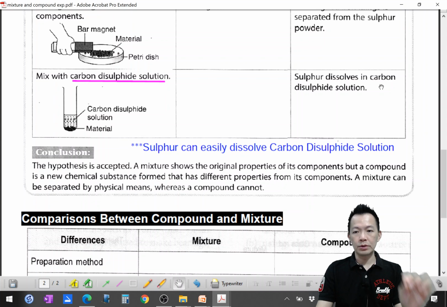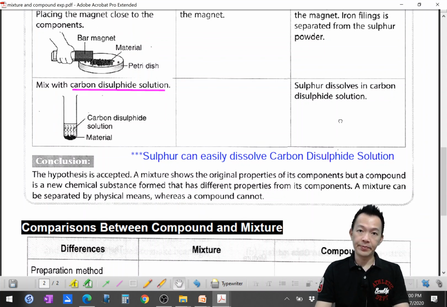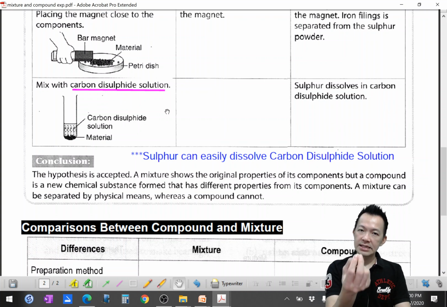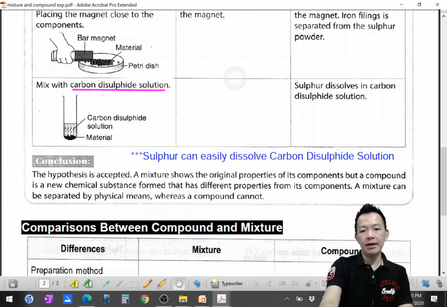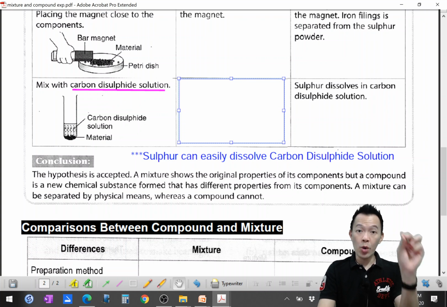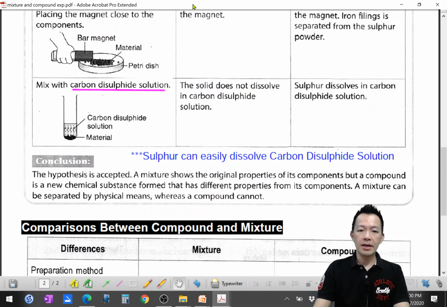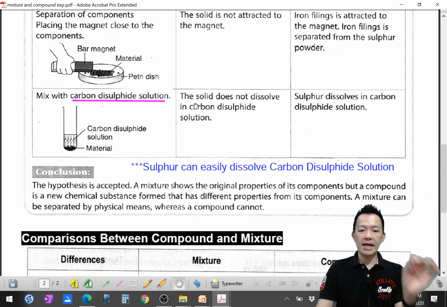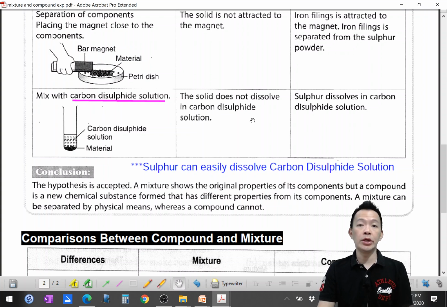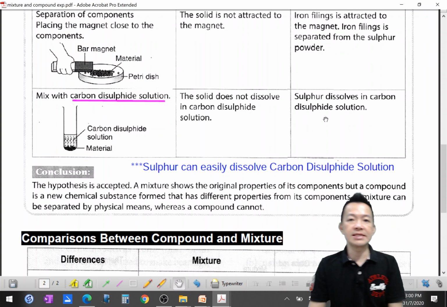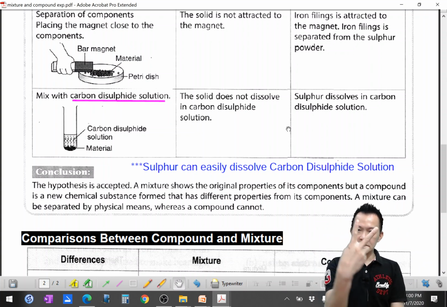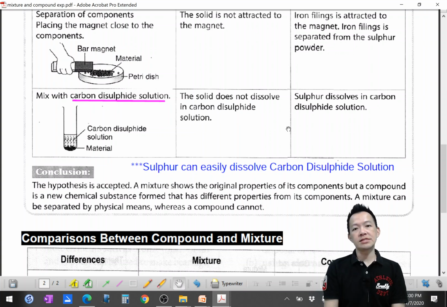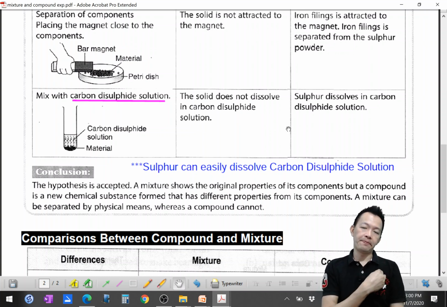So sulfur dissolves in carbon disulfide solution. 那个硫磺溶在 carbon disulfide solution 里面。But what happens to the iron sulfide? Can the iron sulfide dissolve in this solution? Totally not. 它能溶解在里面吗？不能，因为硫磺不再是硫磺，明白吗？Okay, so the solid does not dissolve in carbon disulfide solution. 那个固体，那个 iron sulfide 已经不能溶解了，因为硫磺失去原本的特征，它不再是以前的硫磺了。再讲多一次，当新的化合物形成，新的东西产生出生，明白吗？化学反应发生。Okay, so 铁不再是铁，硫磺不再是硫磺。